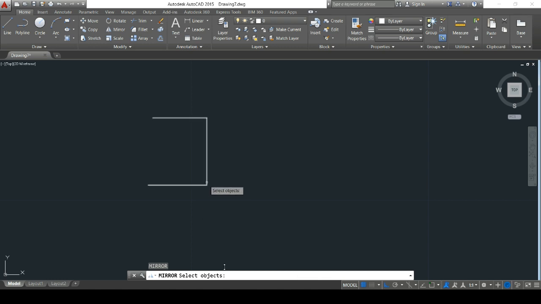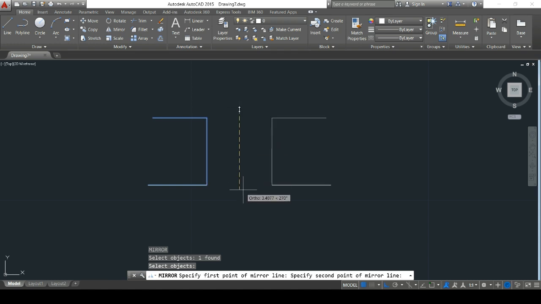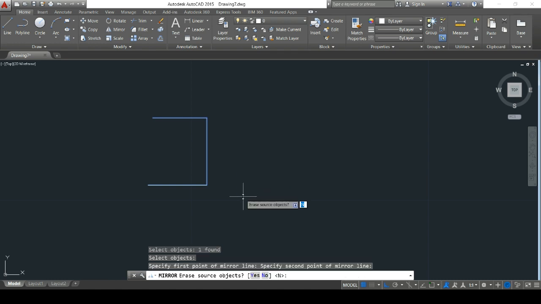Now we have to select the object. Okay, then I am pressing the Enter key. Specify first point of mirror line. I specify the first point of the mirror line by clicking the mouse, then I specify the second point by clicking.